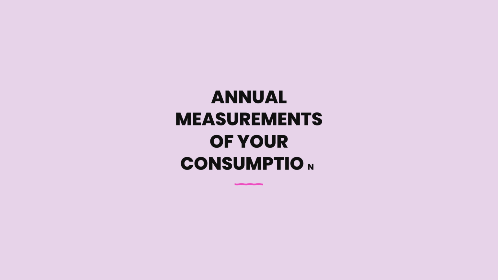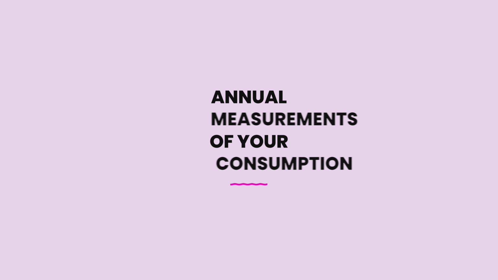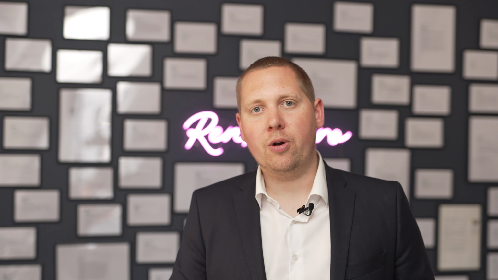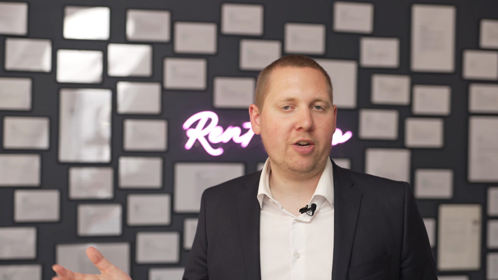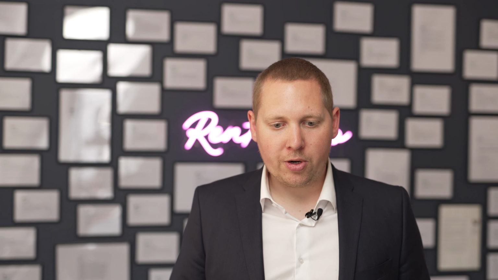So once a year, the actual consumption will be measured, and this might be on, say, the 1st of January, and then you'll find out whether or not you've consumed more water and heating than you paid for, or if you paid for more than your actual consumption has been. If you overpaid, then you get money back. If you underpaid, then your landlord has the right to have you pay that amount back. So that's basically how it works.